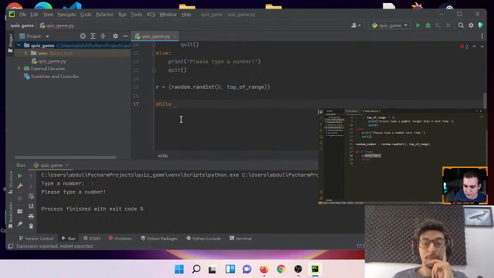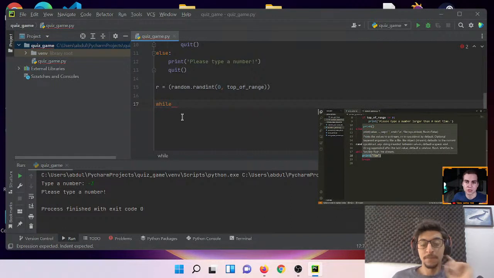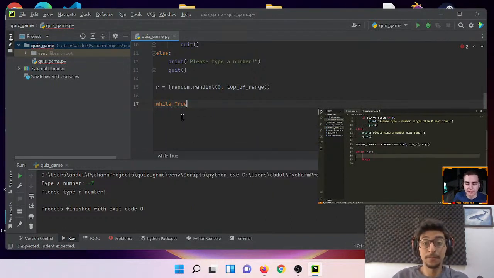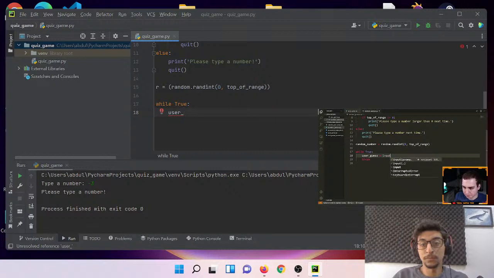All right, so what we're going to do is start by asking the user to guess what the number is, right? That's the very first thing we do every single time. We say, okay, make a guess. So I'm going to say user_guess is equal to input, "Make a guess:"